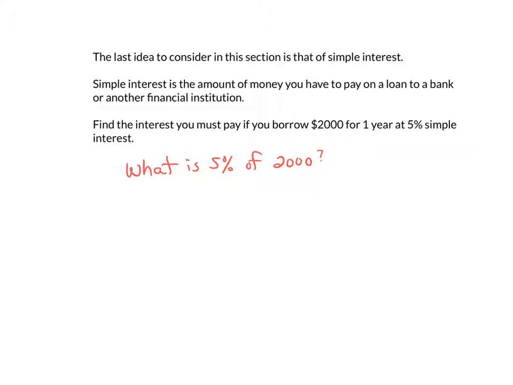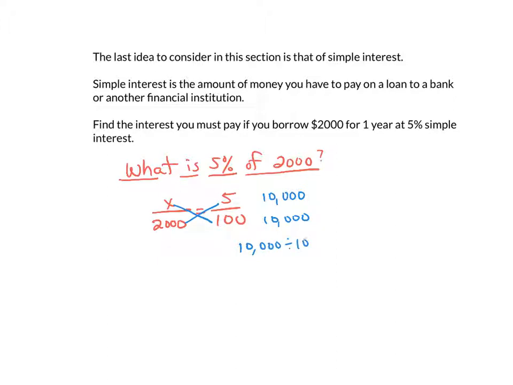Here's my is of statement, and now I'm going to go through and solve. Since the 5 is associated with the percent, it's 5 over 100. 2,000 is my of. What is the is? That's what I don't know, and now I'm going to solve that proportion. So I know that 2,000 times 5 is equal to 10,000. So I know 100 times x also has to give me 10,000. So once again, I'm going to have 10,000 divided by 100. Rather than doing the long division, all I need to do is move my decimal point 2 spots to the left because there are 2 zeros, which means my decimal point is going to go right there after that second 0. So I have to pay $100 in order to borrow that $2,000,